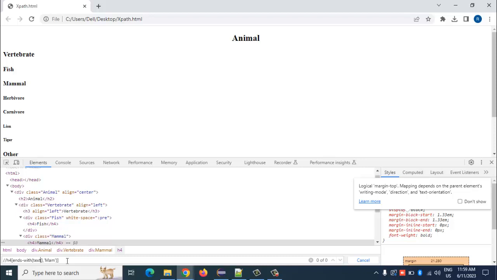Ends with. No, ends with, I don't know, it's not there. I just guessed. Okay, so it's there. Ends with is also there, is it? Yes, Rahul. We have ends with, but we can use ends-with when we have a similar